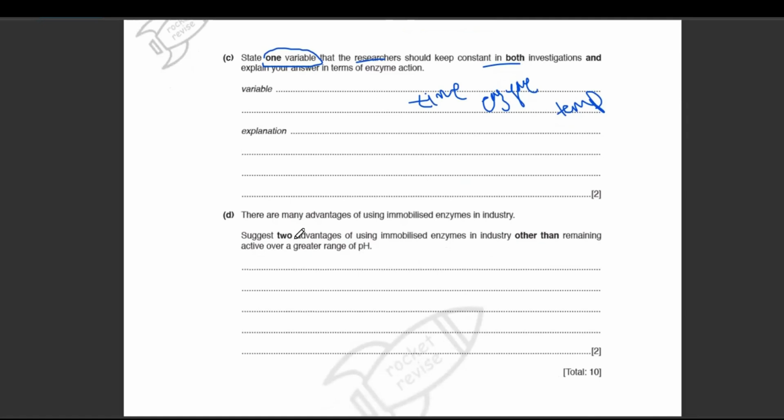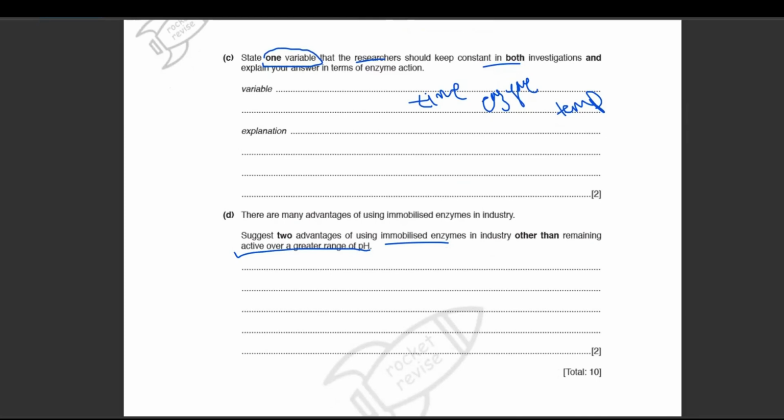So suggest 2 advantages of using immobilized enzyme in industry other than remaining active over a greater range of pH. So they have already mentioned कि pH के अलावा कोई और बात बताएं. So what can you write? मिस इकोनॉमिकल होता है। Economical है, convenient है. It can increase the shelf life of enzymes. Shelf life यानी कि it can be used over and over again, and it does not denature if your temperature increases because it's encompassed in a